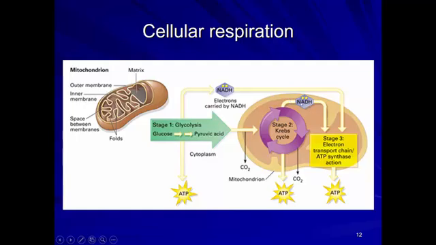NADH. NADH is basically a suitcase carrying electrons. You got one from glycolysis, and you get a whole bunch more from the Krebs cycle. These electrons are put into step 3, the electron transport chain. And as the electrons move through the different molecules in the electron transport chain, you generate a whole lot of